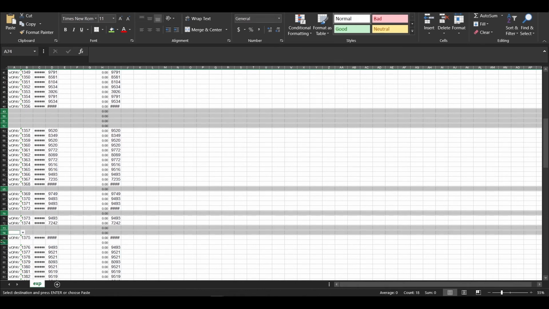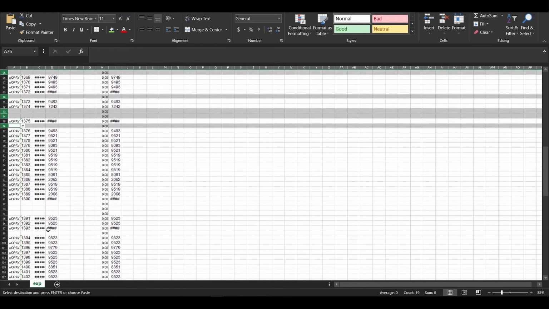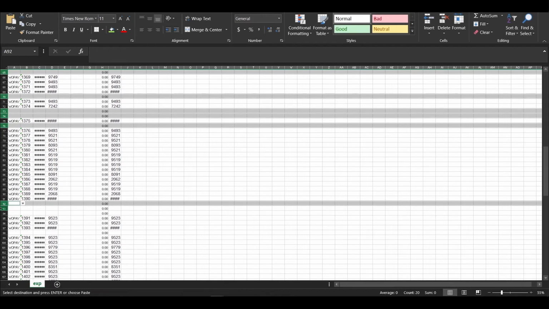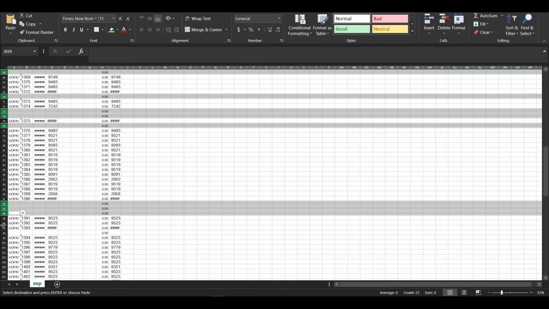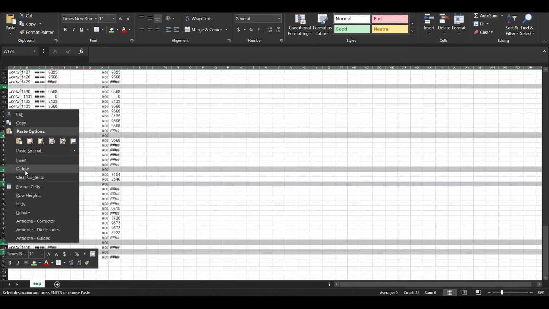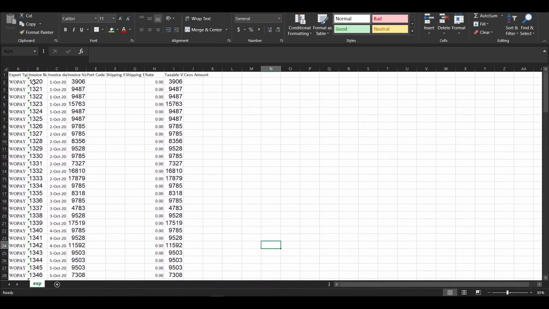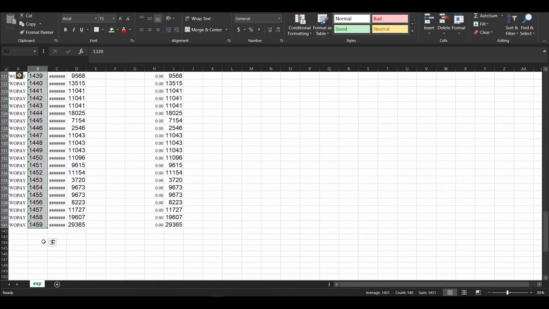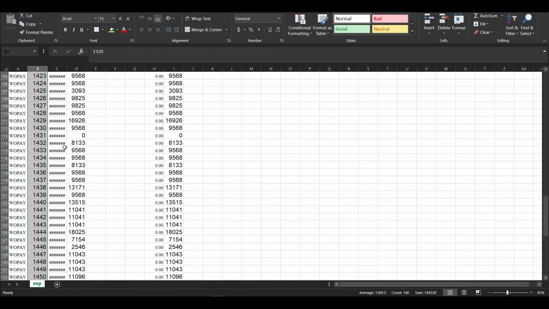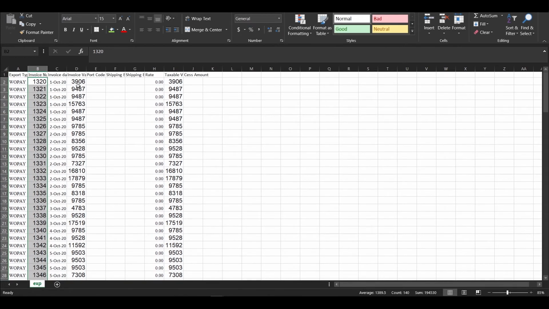You can also delete these empty rows in the starting of the list, so that you don't have to delete them again and again. Now right click and select delete. Now select all these numbers and click here and convert to number. If it's not converted to number, just convert it to number.